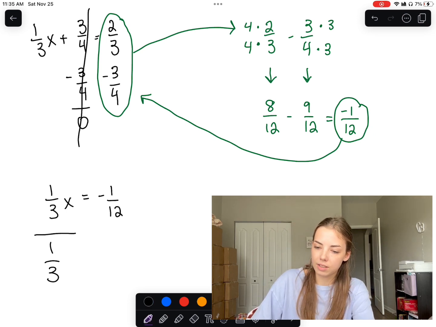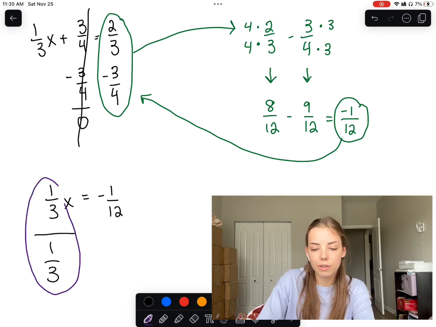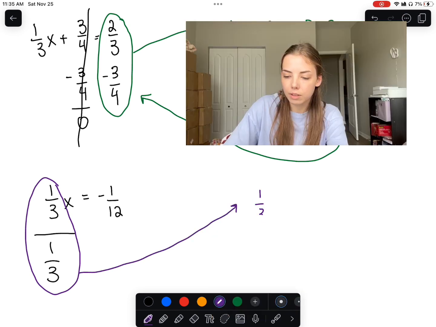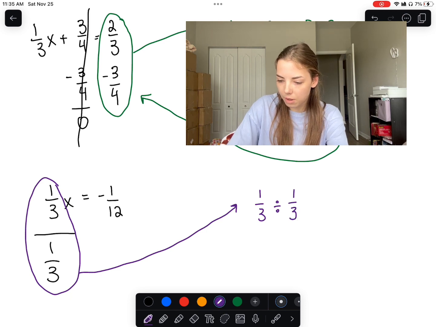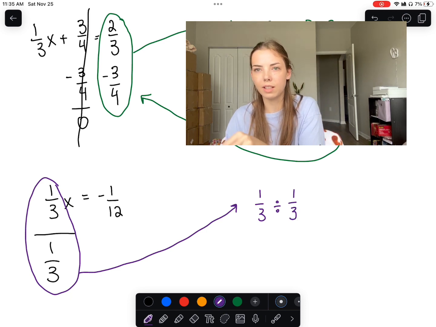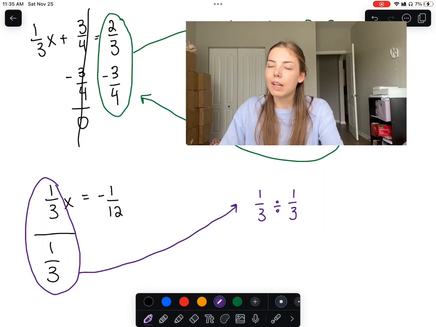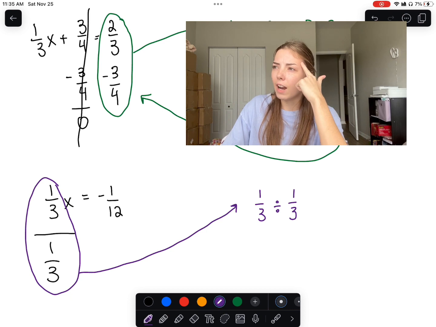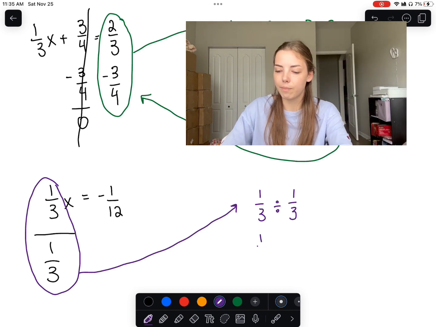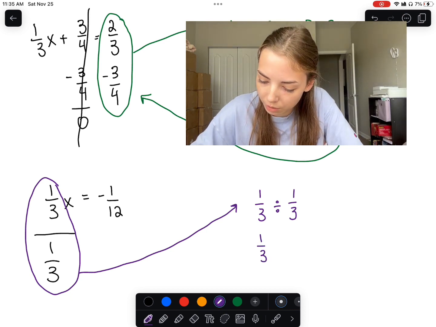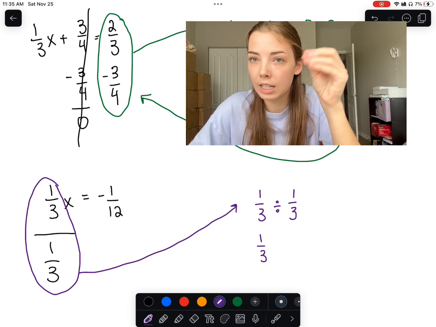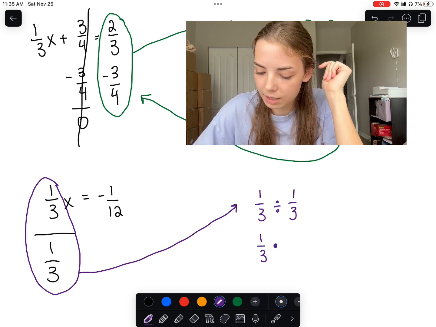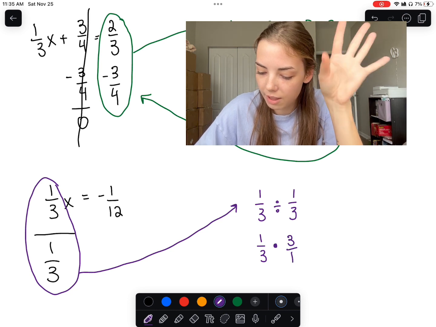But I'm going to do another side bubble because those are very helpful. You should always do those on yours. So I'm just taking that 1/3 divided by 1/3. I'm going to write it over here. Now this is something that we're a little bit more familiar with. It looks less weird. And we have to think back. What do we do when we divide fractions? Keep, change, flip. So I'm going to keep my 1/3. Keep, change my division sign to multiplication. And then flip